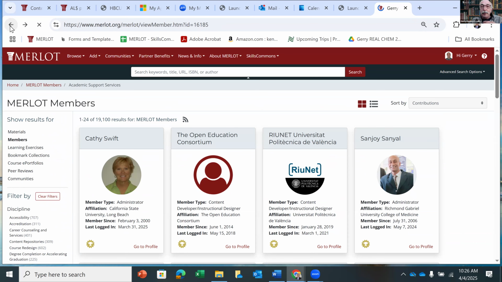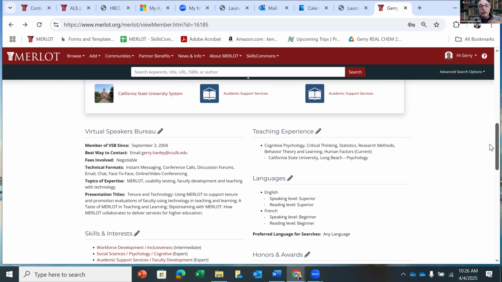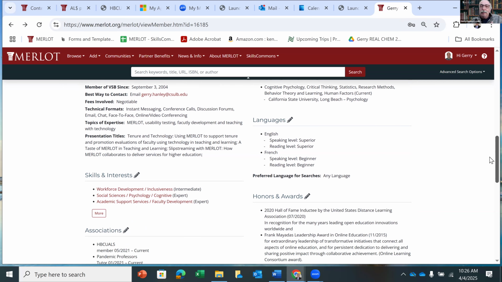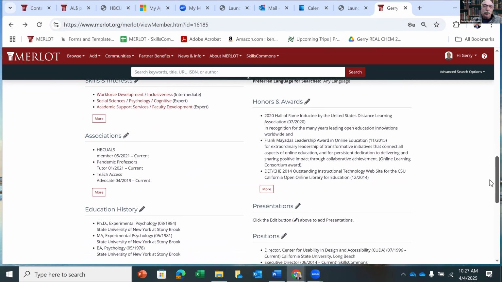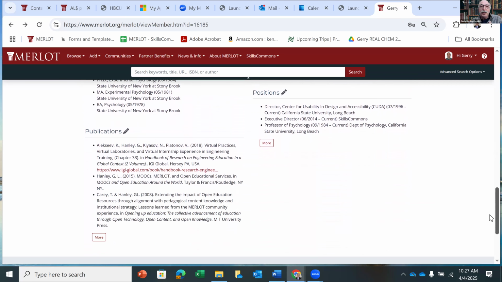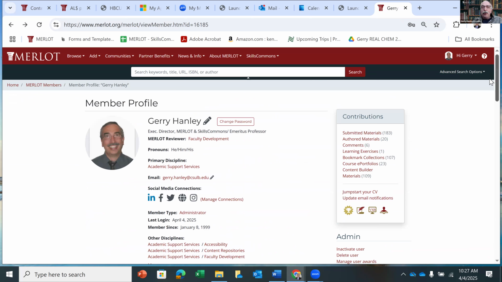So by becoming a member, you can begin to identify the resources in your institution, the people in your institution, and the people in your discipline. Becoming a member lets you share your interests. You can put in your associations, your educational history, and you can edit this all yourself. Part of this role is making visible that HBCU faculty, staff, and students are members in Merlot too, where they have their own representation as well.